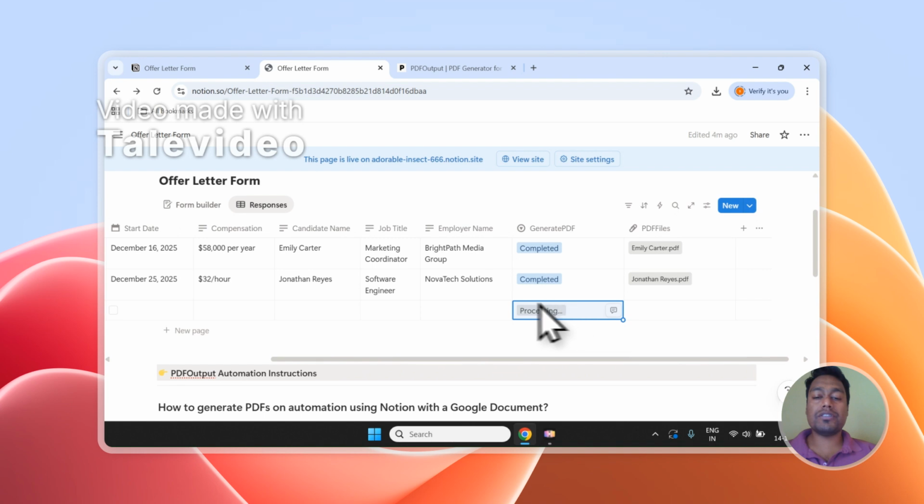And you can see it has started processing this particular record and it has even completed the same and it has generated the PDF right over here. This is how beautiful this automation tool is, as everything happens directly